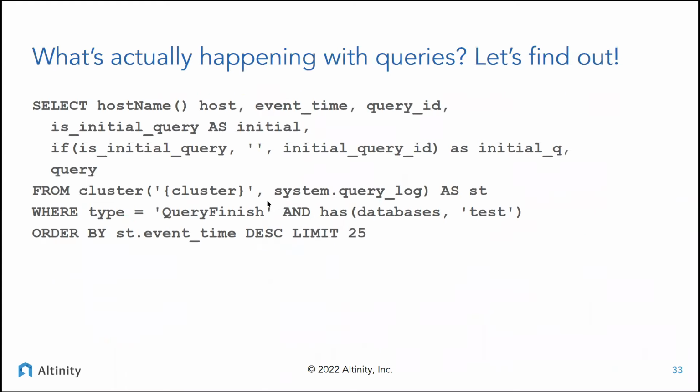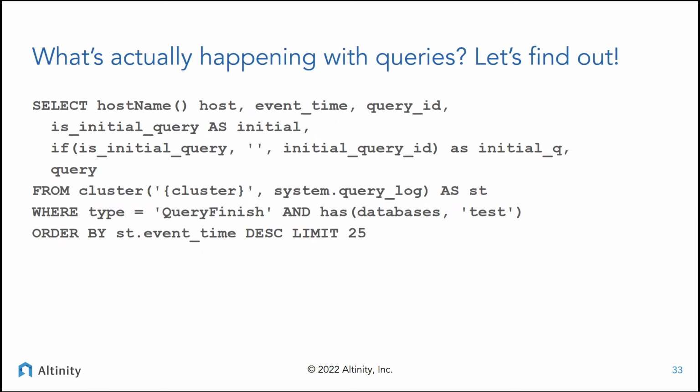Let's talk about what's actually happening. So when you're running these queries, if you have any question about what is actually happening and which queries went to which location, one of the things you can do is run a query on the system tables, and you can use this from cluster. I'll show you exactly how that works in just a minute. This is a query that runs, looks at the query log table of every server in the cluster and brings back information, and it will allow you to see what was the initial query that hit your initiator, what was the query that got sent to each of the